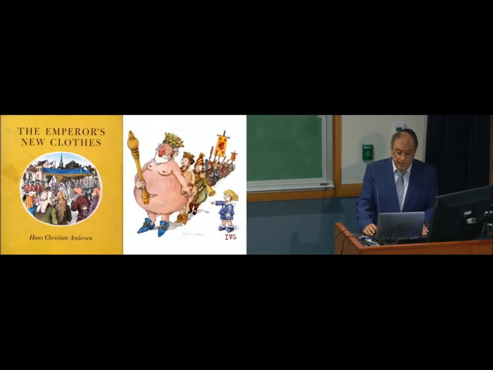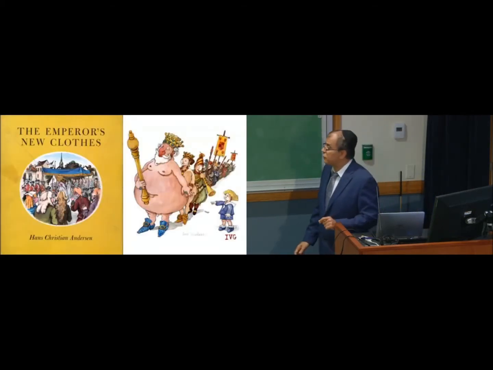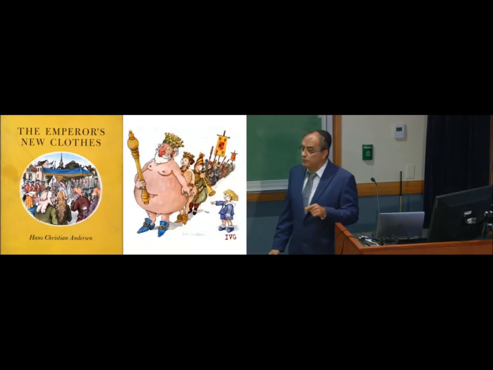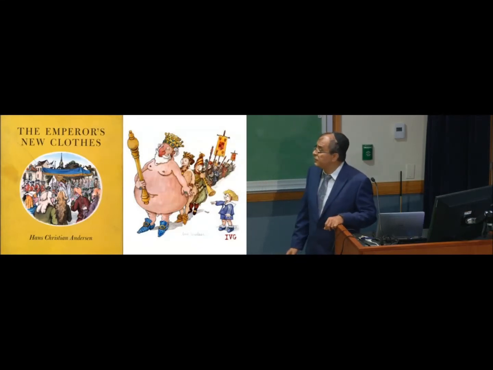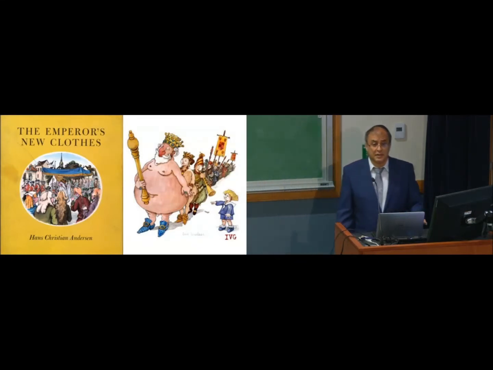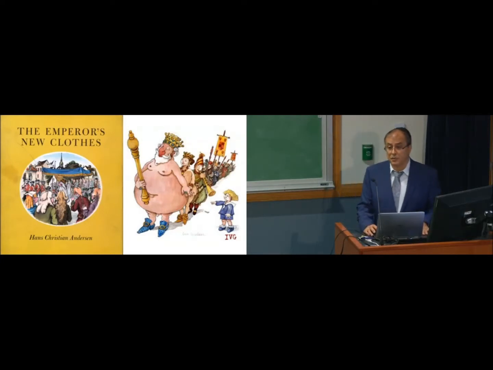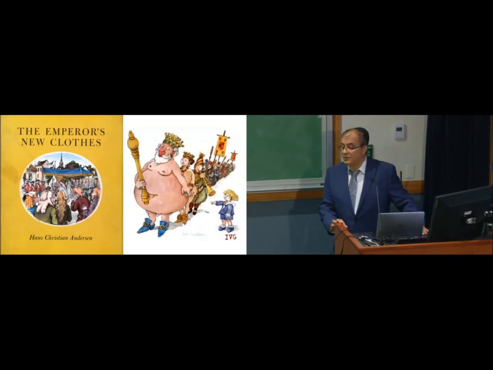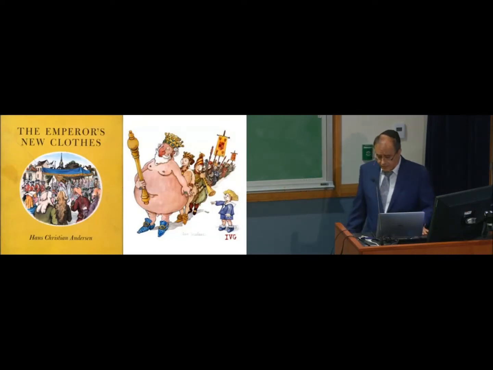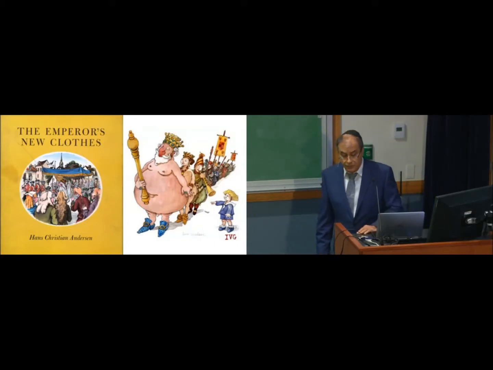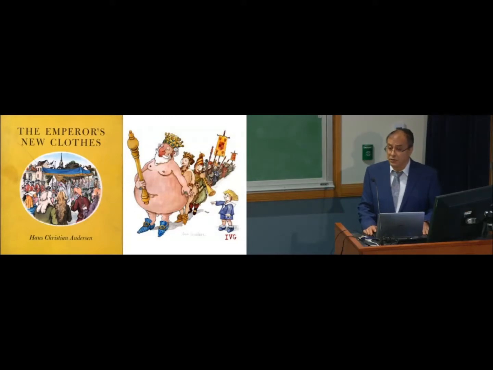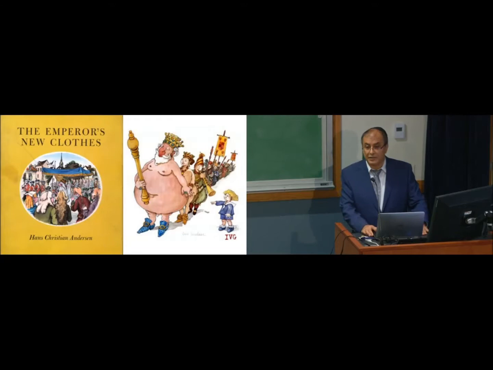And Hans Christian Andersen tells the story of two con artists, two tailors, that fooled the king and queen into believing that they have these marvelous garments that are invisible to the stupid or those unfit for royalty. And as the king and queen marched proudly in their town, none of the townsfolk expressed their opinion about the appearance of the king and the queen, lest they would appear to be stupid. And it's only thanks to the naivety of a little boy that it was finally spoken out loud that the